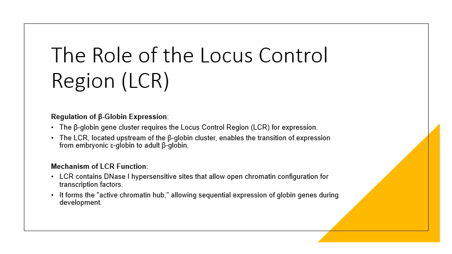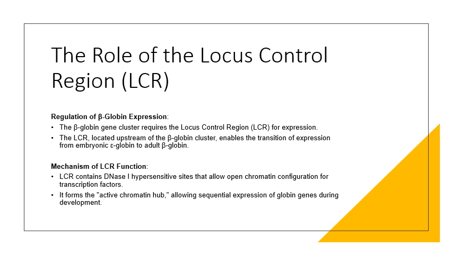The LCR contains DNase 1 hypersensitive sites which promote an open chromatin structure, allowing transcription factors to access the globin genes. It forms an active chromatin hub, enabling interaction or communication between the LCR and specific globin genes within the cluster. This mechanism supports the activation of globin genes during different stages of development. The LCR is really important because it helps ensure proper globin gene expression, so it remains turned on and maintains the developmental regulation of